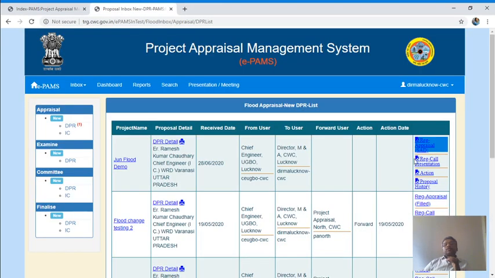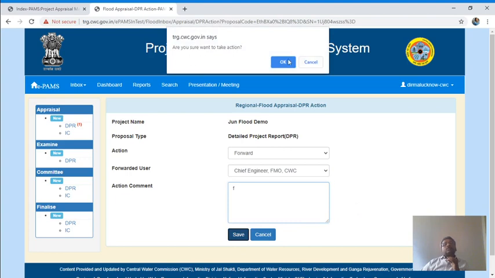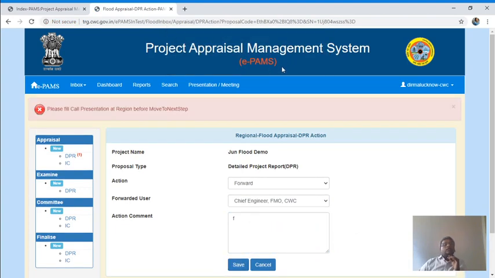Close it and take action. Forward it to Chief Engineer FMO, headquarters. Okay. Please fill call presentation at region before.